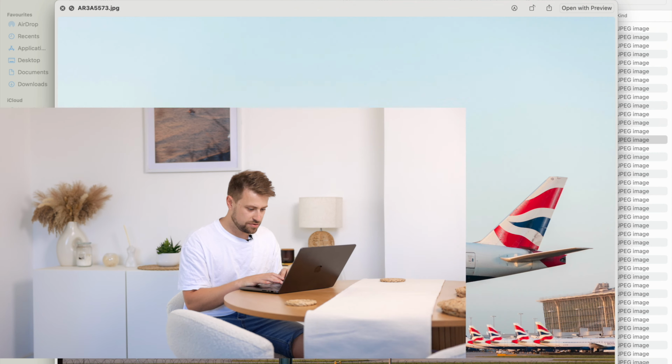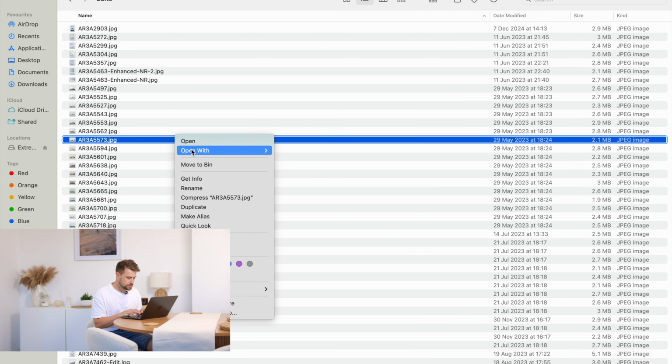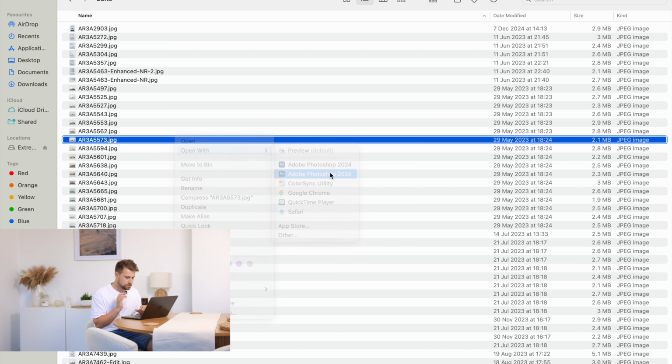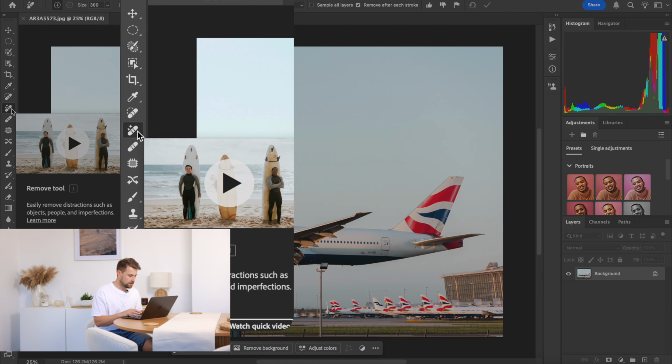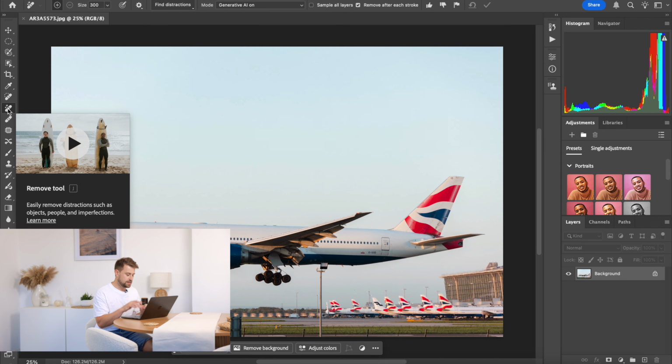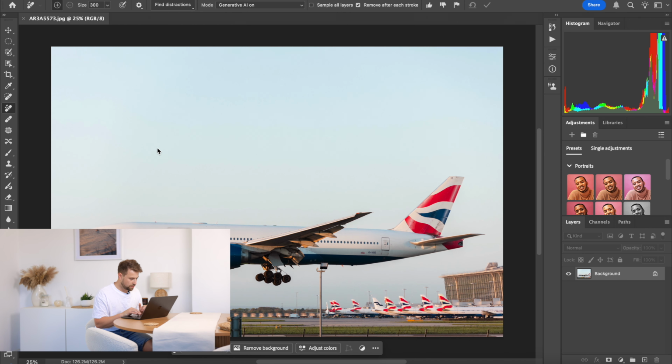So here's our photo and I'm going to open it with Photoshop 2025. On the left hand side on the toolbar, we're going to go down and click this. It looks like a little plaster with some magic stars on it, called the remove tool, keyboard shortcut J. So once we've got that,